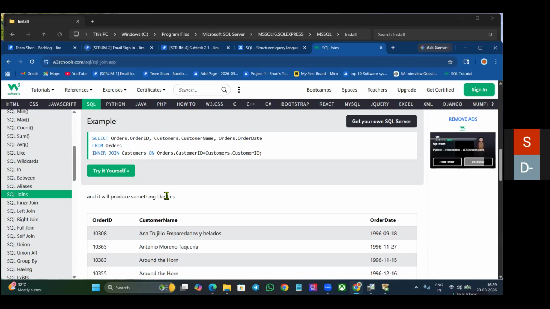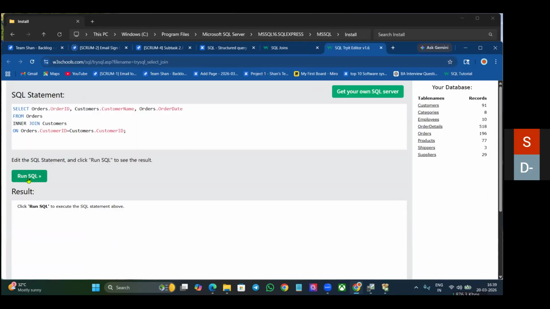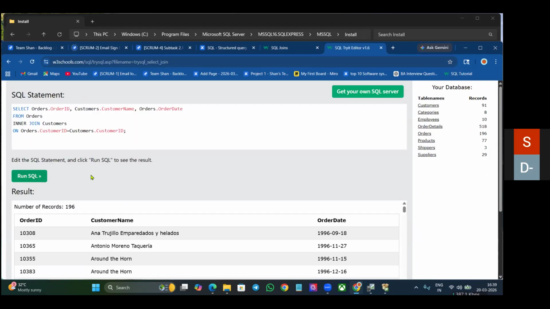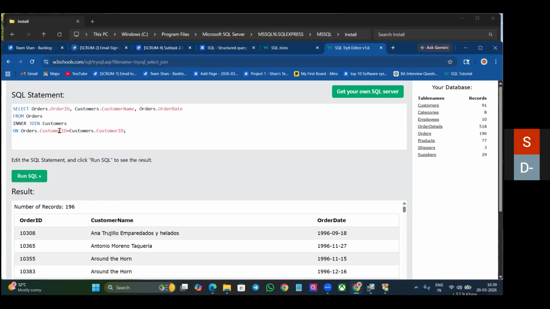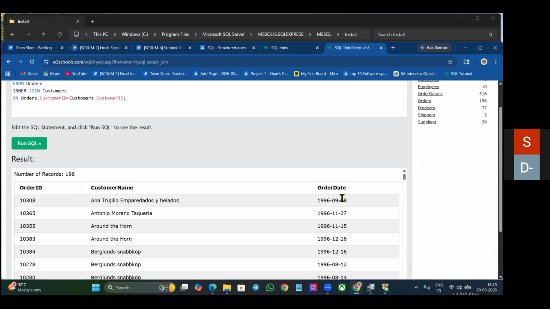Okay, so now you can go to try it out. Click try it out. If this call disconnects, that should be fine. Can you execute quickly? Did you execute? Yes, I ran it. Run SQL. Okay, so you see these